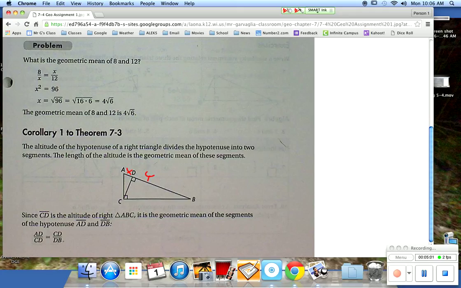In other words, what happens here is it takes this right triangle and it creates two more right triangles. Okay? And this side right here is really what connects those two right triangles. So it creates a geometric mean of those two. If I had two right triangles that shared the same one side,